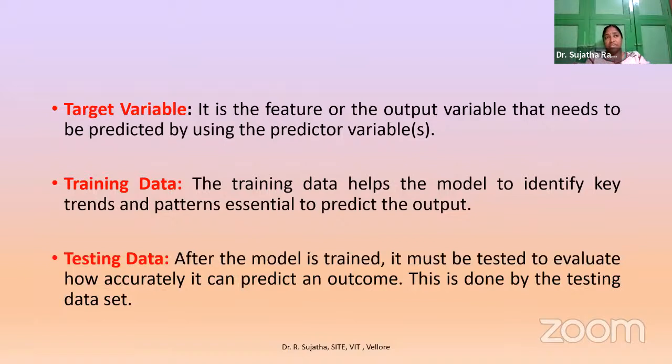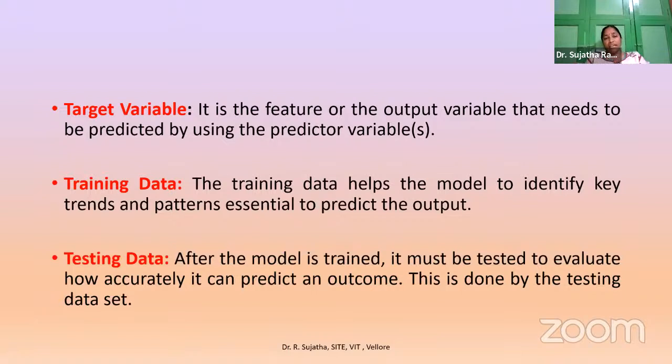So in the case of training data, normally if we have 100 data, one way of making the model is they'll be having 100 records. Out of these 100 records, 75 records will be complete, with all the data present and with the target label, and it will be given to the model, and the model will be trained. And the remaining 25 records will be used for the testing purpose,